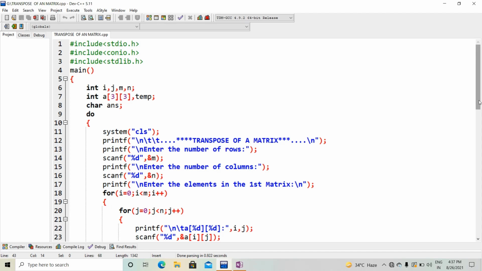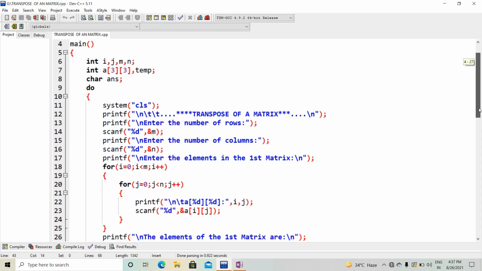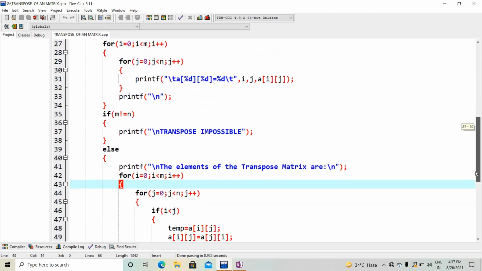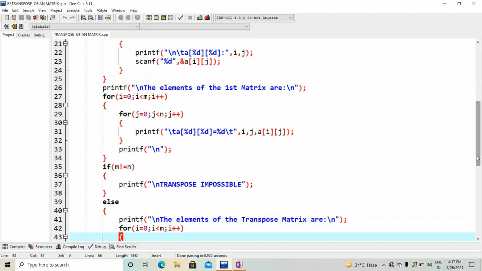You also know why I am using this ans variable, because I am going to repeatedly run this program within the same output screen, without logging out from the output screen. I am going to calculate all these things within the same output screen. That's why I am using this ans